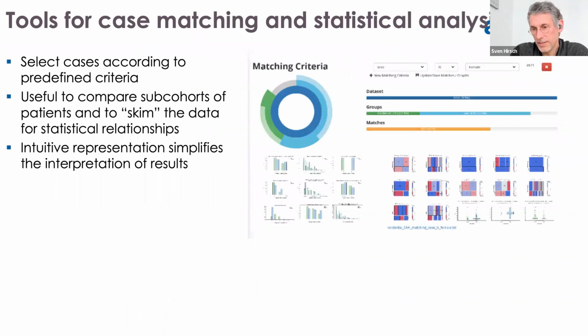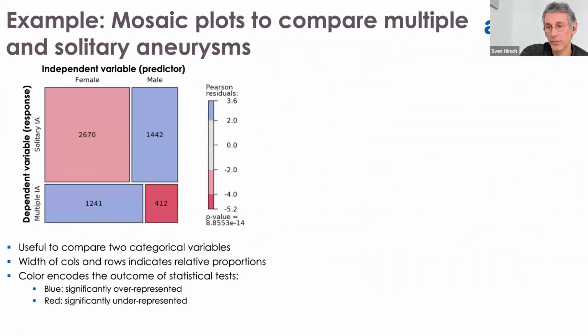So what we've done on this database, we've developed tools for the clinicians to more or less automatically analyze these cohorts, where they can also set factors, and they have an exploratory workspace to analyze these data. We try to give them as many intuitive representations as possible. You just see a bit of an overview, and what I've found to be very, very helpful to them are so-called mosaic plots.